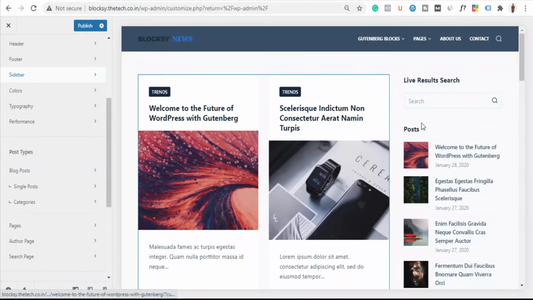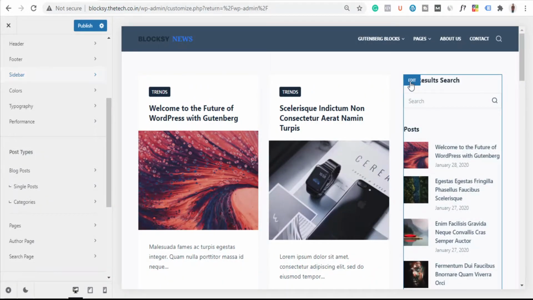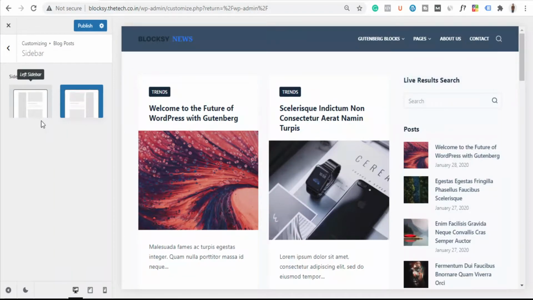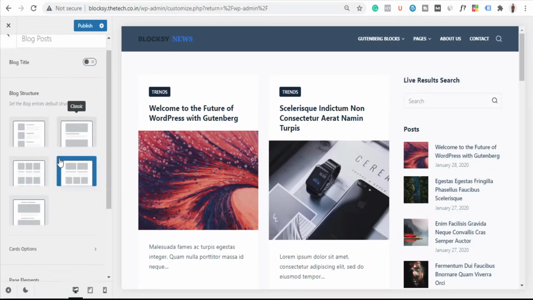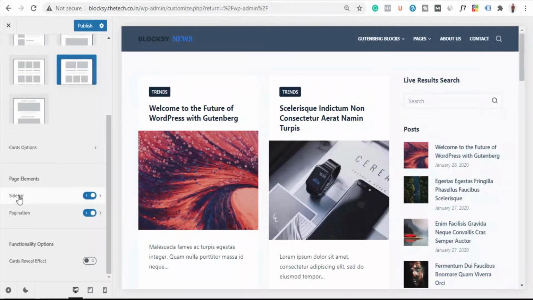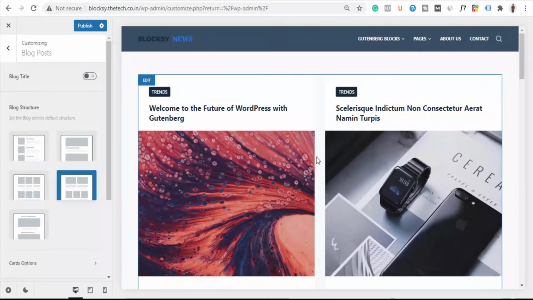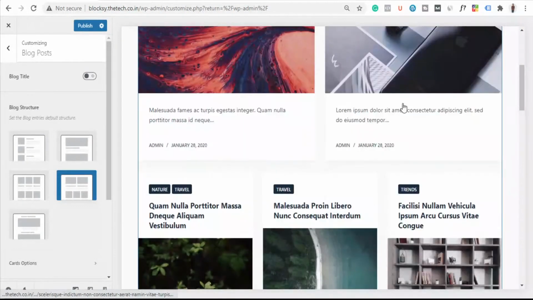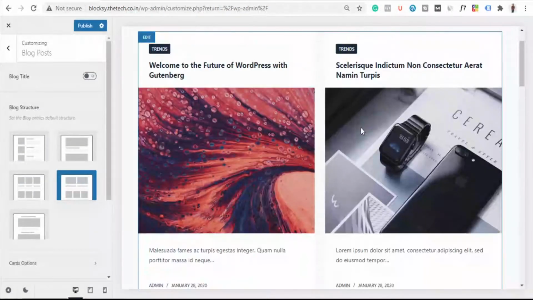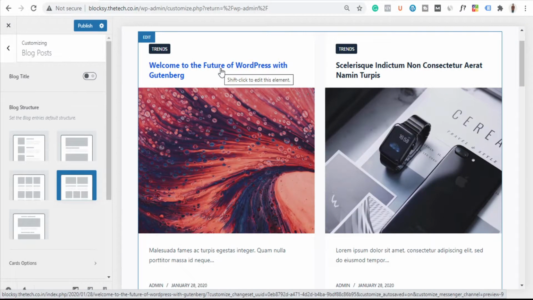So I'll just hover over here, click on edit, go back and scroll down, and this sidebar is there, just uncheck it. What this will do is remove the sidebar option from the blog posts here. But don't worry, once you go to an individual blog, you can see the sidebar, which I will show you later once I teach you the blog section or blog post part. Okay, now it's looking good.